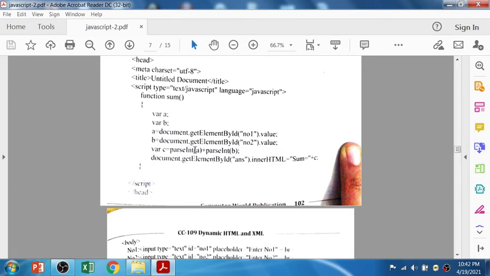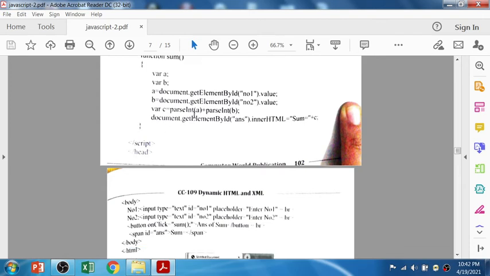So we have the parseInt function, we have the parseFloat function where F is capital, right? So a stores the value of the number1 text box, b stores the value of the number2 text box, and c stores the addition of integer a value and integer b value. So if you enter 1.5 and 1.2, it still converts them into integers.